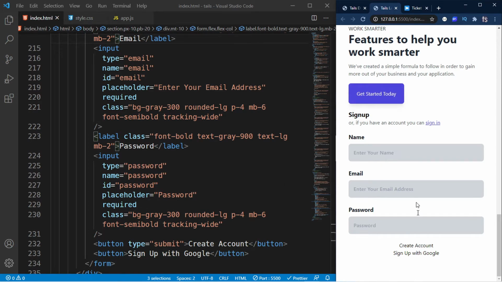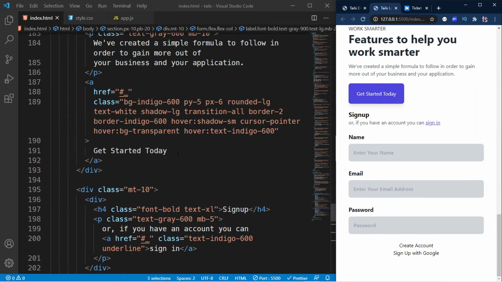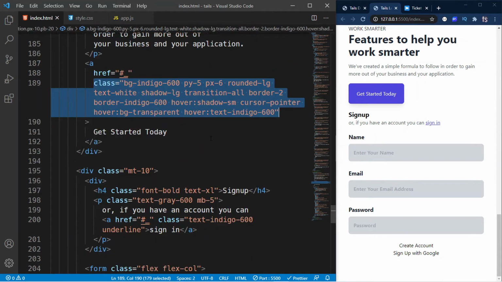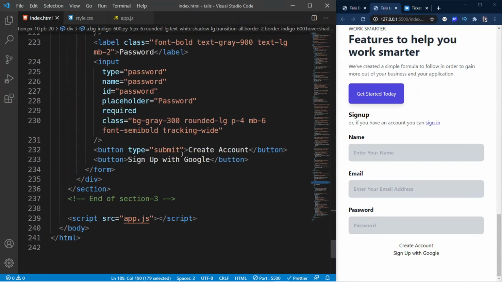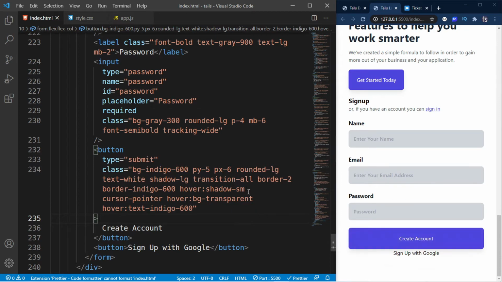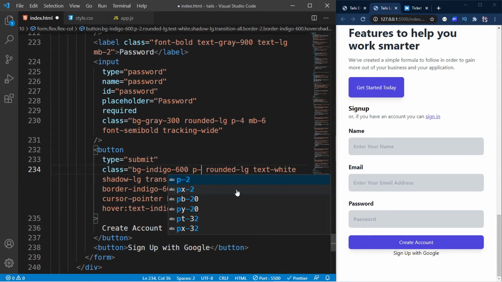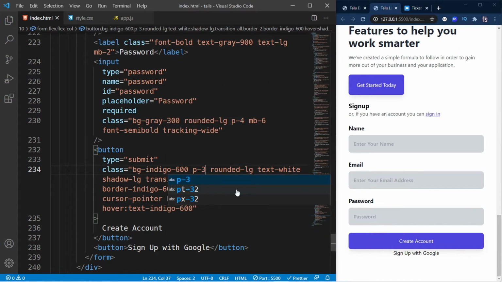Actually, for this button, I'm just going to grab this class. So let me go inside, where is it? All of this actually. Grab this class and then let me go inside my first button and just paste this class in, like so. Reduce the padding, so I'm going to reduce this padding on the Y to let's say 2. So let me just have a padding all round of 2 like that. Let's say 3. Okay,